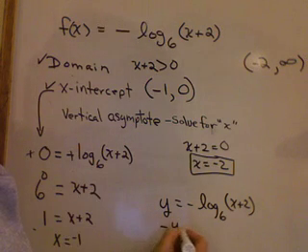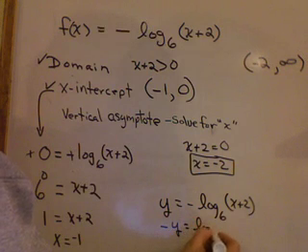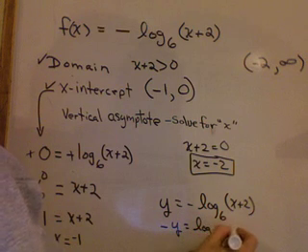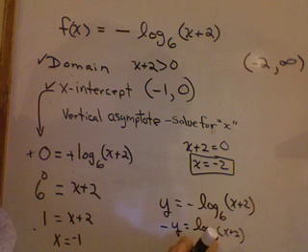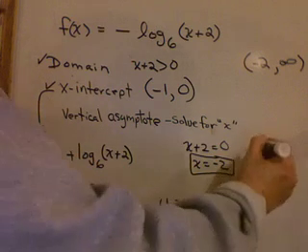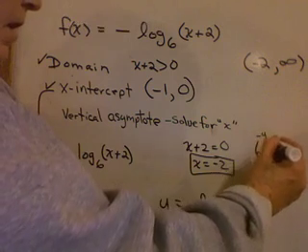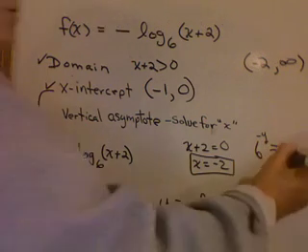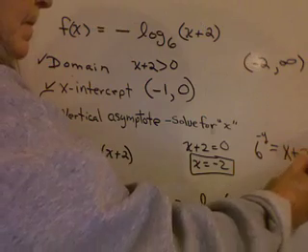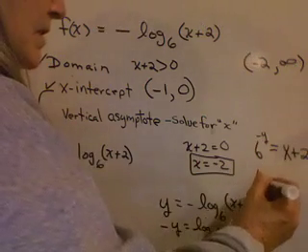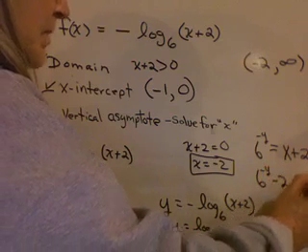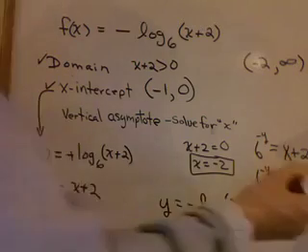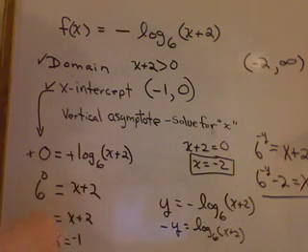Let's make -y equals log base 6 of x plus 2. Be careful of those negatives. All right, so at this point, I'm going to do 6 base to the exponent. So 6 to the -y equals x plus 2. So 6 to the -y minus 2 equals x. And this is how I can find out where we cross the